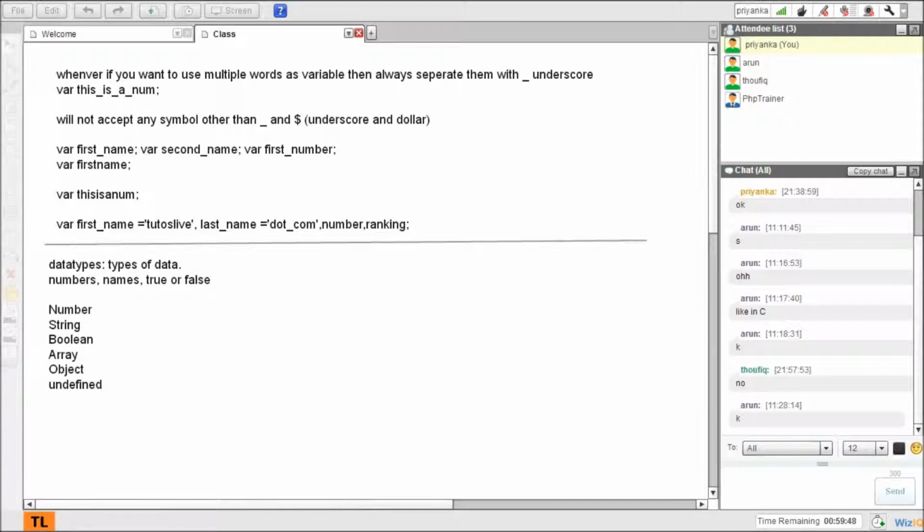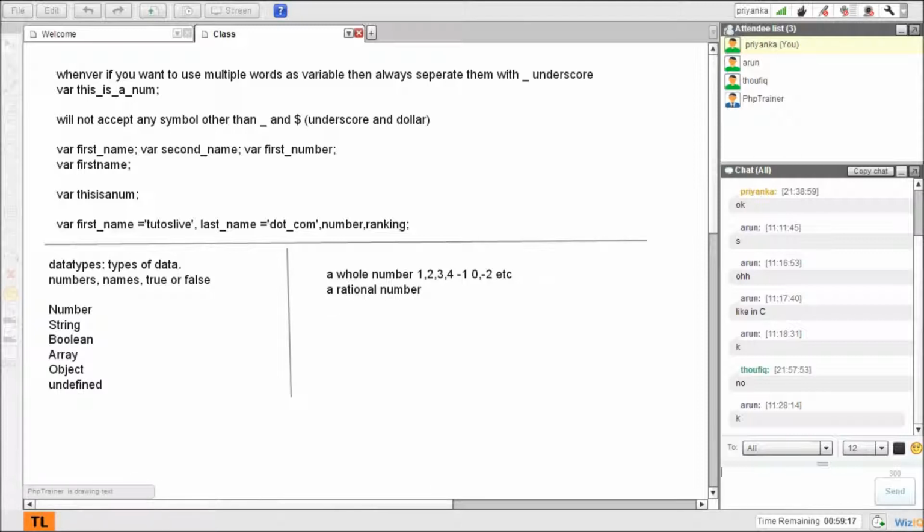Right. Number, string, boolean, array, object, undefined are the data types which are supported by JavaScript. A number can be a whole number, like 1, 2, 3, 4, -1, 0, -2, etc., and I'd also say rational numbers.